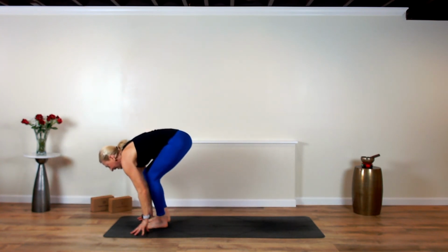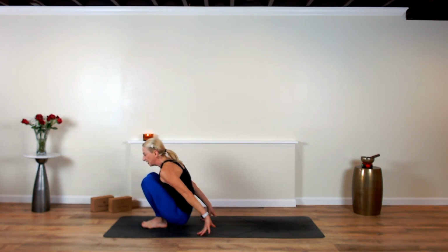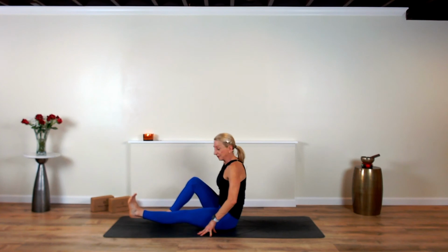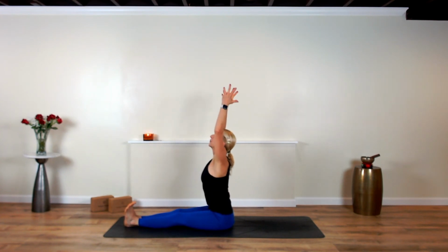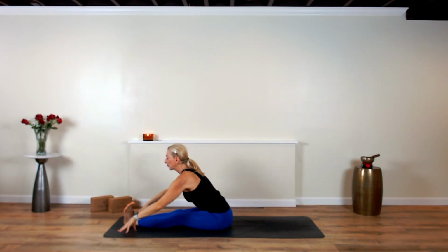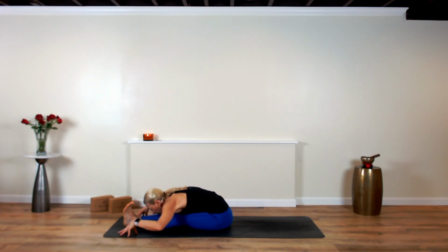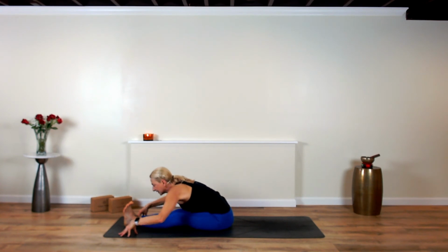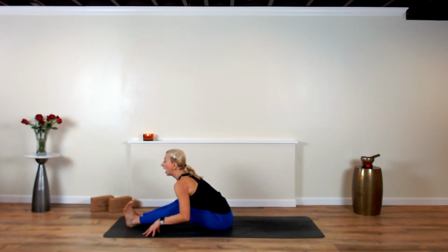Sneak the right leg to join the left and come all the way onto your mat, onto your bottoms. Flex your feet, offer the arms up. Breathe in. Exhale, dive down. Breathe out. Forward fold, Paschimottanasana. Another great pose to help with stress and anxiety. Now your knees could be bent. You could use blocks, but try to